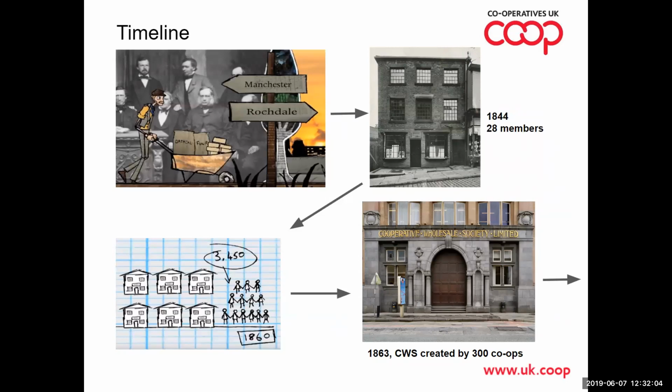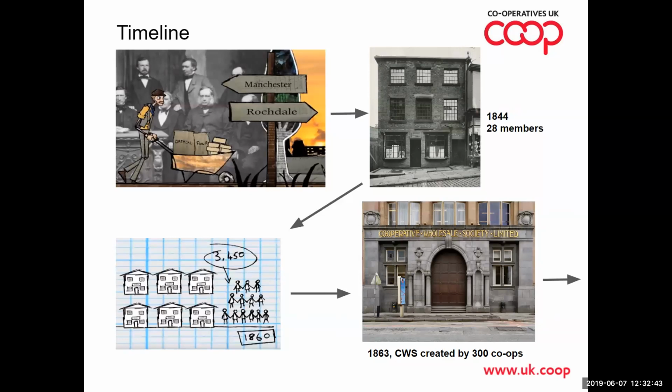They opened at 8 p.m. on the 21st of December, and they sold on that first night butter, flour, oatmeal, sugar, and they were going to sell candles as well, but the local gas company didn't think their business would succeed at all, and so wouldn't give them any gas supply. And so they actually had to use the candles to light the shop on that first night. Little does that gas company know that business was incredibly successful and spurned a whole global movement. But there you go. So yeah, within 15 years, that shop grew to be 6 shops in and around Rochdale,